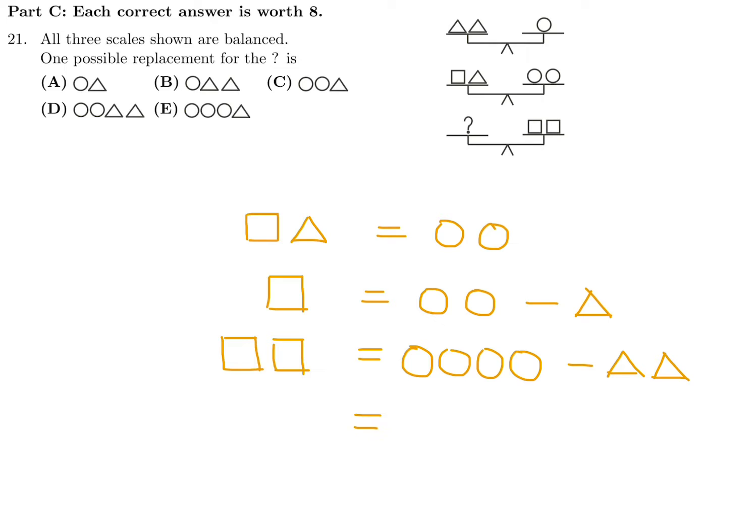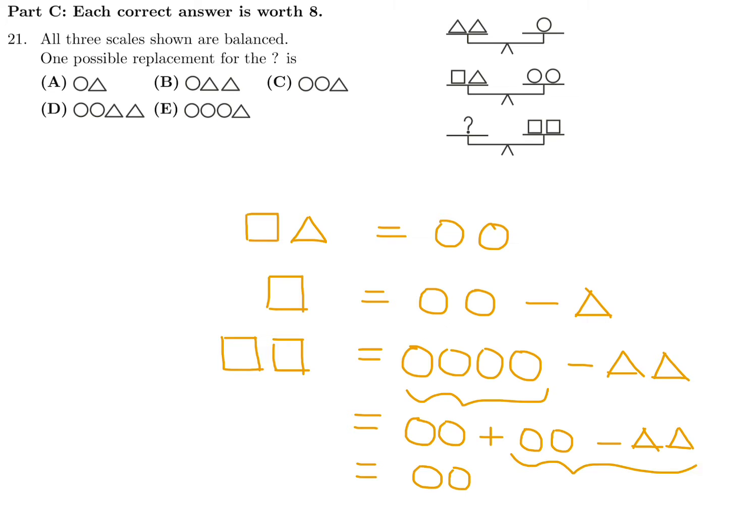And what I'm going to do is keep these two circles, and then break it up into two circles. So I just broke those up, and then subtract 2 of those guys. Now, the two circles appear in a lot of these, so I'm going to keep those. Let's see if I can combine these guys. 2 circles and 2 triangles. Well,